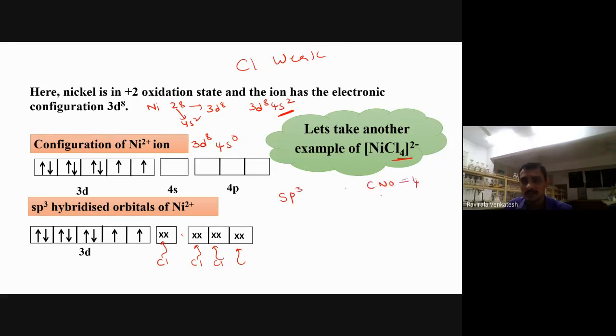Two types are possible with coordination number 4: one is sp3, the other is dsp2. When you have sp3, the shape will be tetrahedral. We discussed this in the coordination chapter, in the previous slides and file. Tetrahedral it is. If it is dsp2, it will be square planar. Now tell me, which hybridization did we get here, sp3 or dsp2?